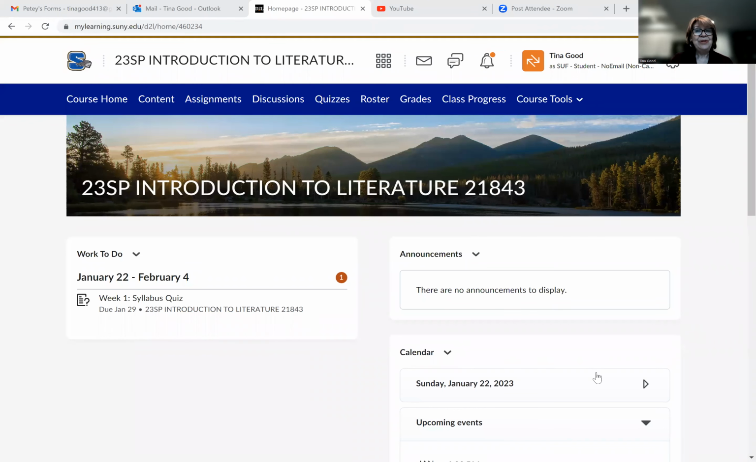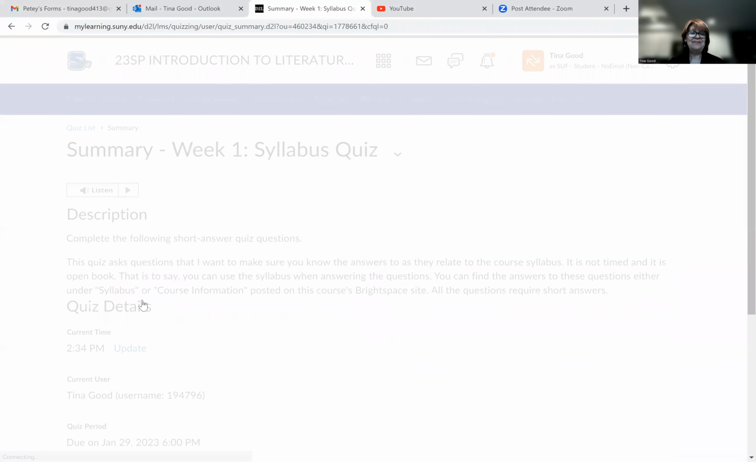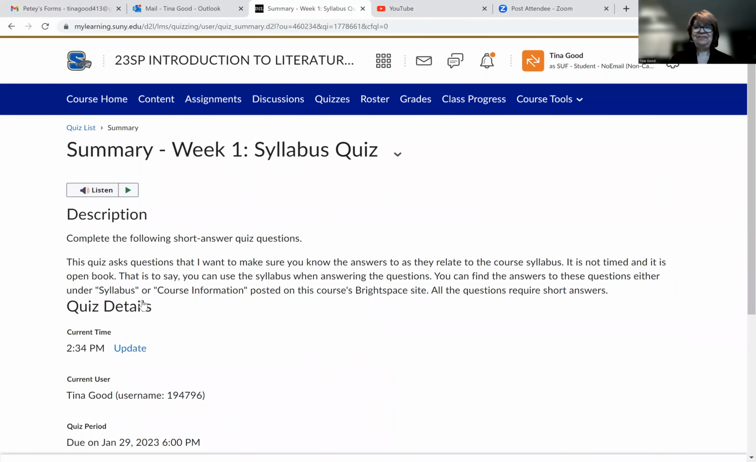Okay, so you will see here, first of all, that there is a number of ways for you to access a quiz. First, if you go right to your home page, you'll see something under work to do, and you'll see if you have a quiz due that's coming up, it'll be listed right here, and you can simply click on this link right on your home page in order to take the quiz. Okay, and